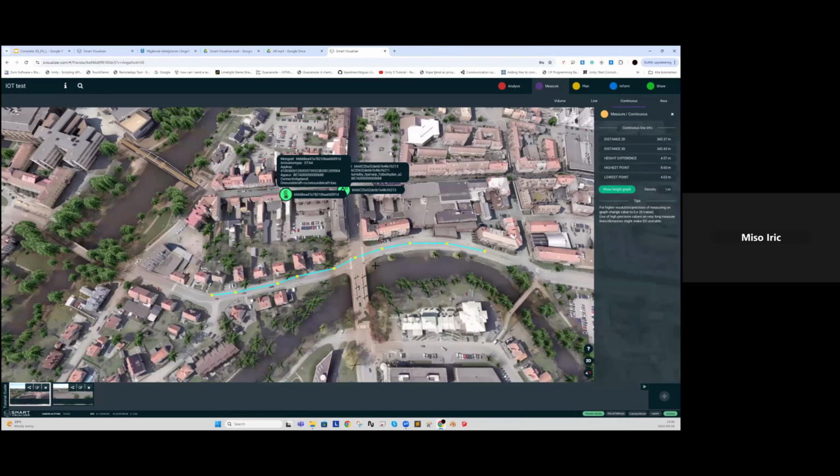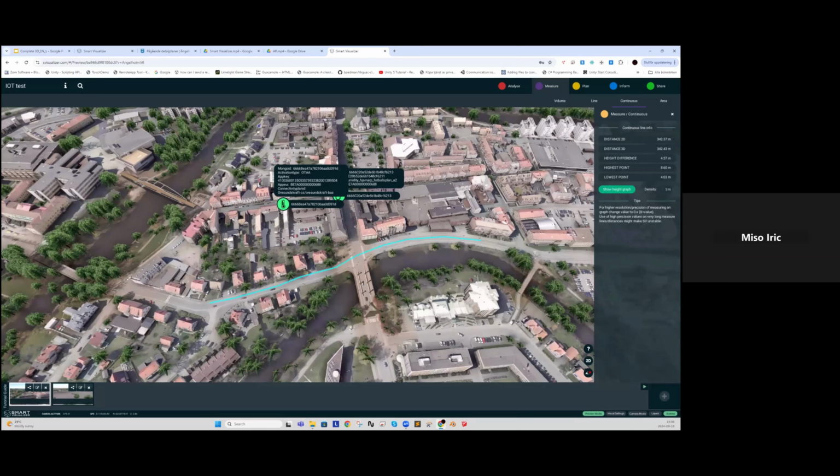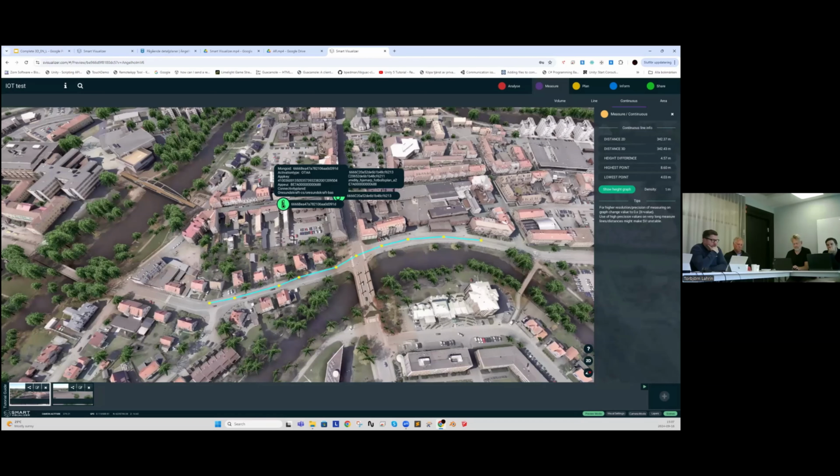This is very easy to apply to sensors in real time. For example, if we have a sensor in a bus or a fire truck, we can visualize everything in real time, navigate in real time, and use that type of data to visualize the 3D model in the 3D scene.